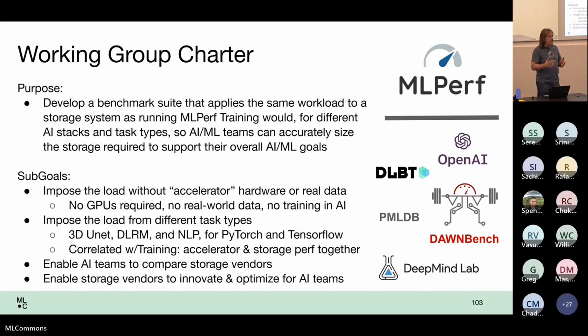This is a benchmark that's focused on storage practitioners and on end customers who say, oh, I have a problem. I know from MLPerf training how many accelerators I need. I need to know what kind of storage I need to keep those accelerators fed. So that correlation between the two is one of the characteristics that we wanted very much to get out of this. I mentioned some of the other things: no GPUs, no deep AI ML knowledge, right? I can testify because I'm a storage person, I learn all the AI things as we're walking along the path here.